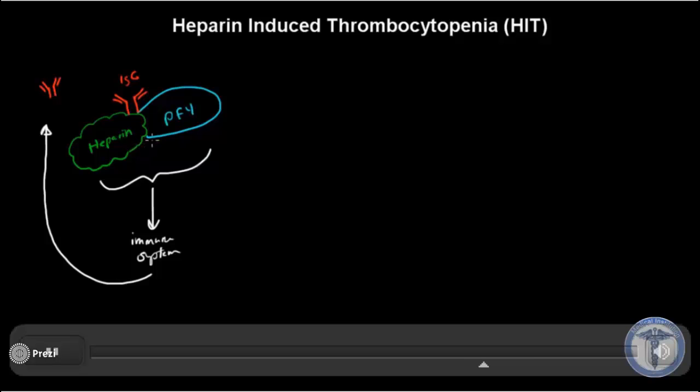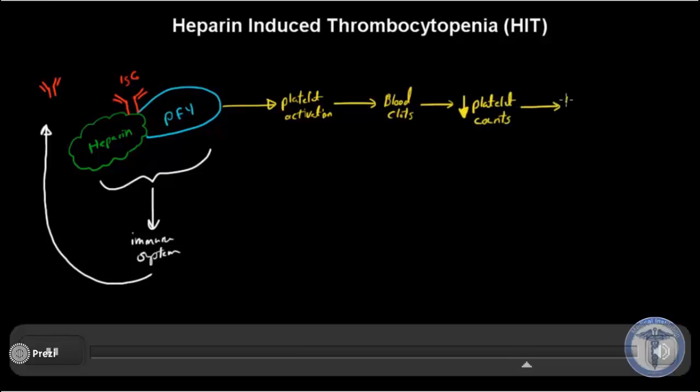Okay. Now this results in platelet activation, which initiates the formation of blood clots, leading to decreased platelet counts and eventually thrombocytopenia. So if we have a patient who suffers from HIT, he or she will be in a hypercoagulable state